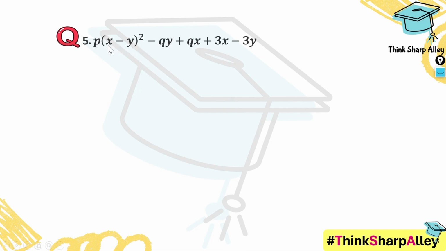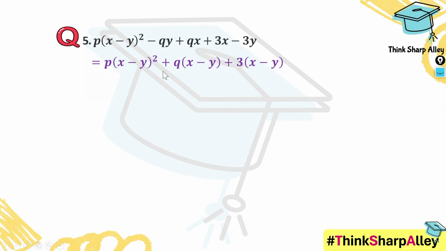If you see carefully, here we have (x minus y) whole square. From this part, if we just rearrange these two terms, first we write plus qx and then minus qy, we can take q common. And from this part also we can take 3 common, we get x minus y, the same thing over here. So let's rearrange it and write it properly. As you can see, I have flipped these two, exchanged their places, and so we have got q into (x minus y), 3 taken common, (x minus y).